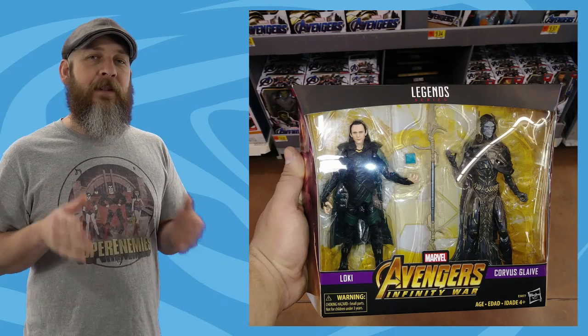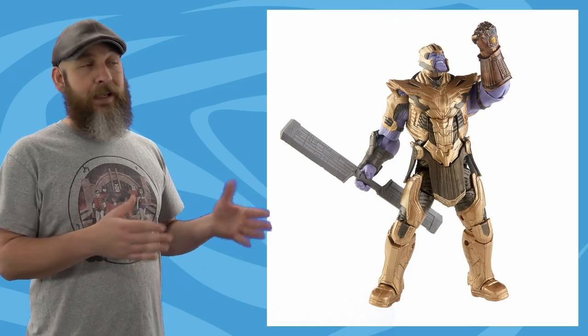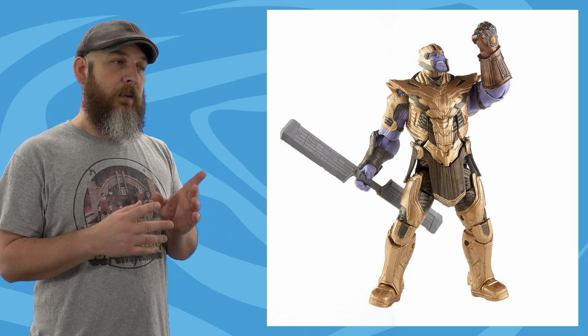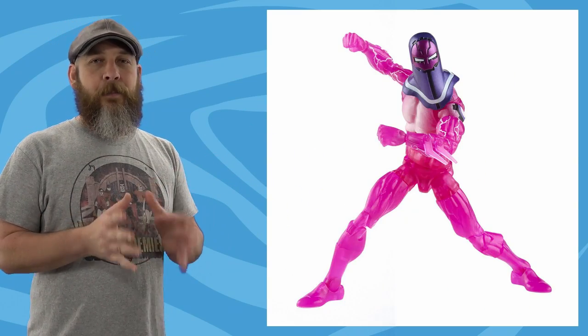Because people have been finding the shipping cube at Walmart just already put out, and that includes, and I've gotten new promotional images of the Marvel Legends Thanos Armored Thanos wave, however you want to say it. They're all looking good. I talked about this last week. We knew about most of this wave, especially the comic figures, but it also comes with Ebony Maw and Ronin and Captain America in his Quantum Realm suit. And the more I look at these pictures, the more I need Ronin and I need Ebony Maw,